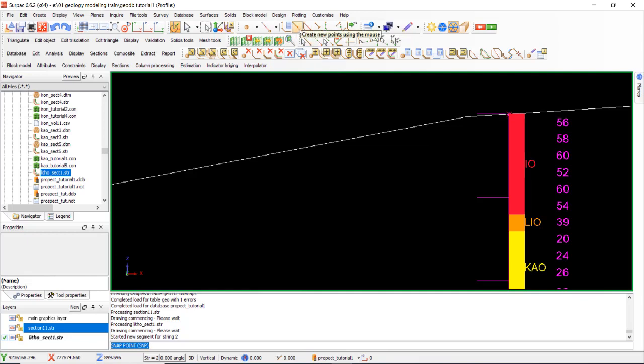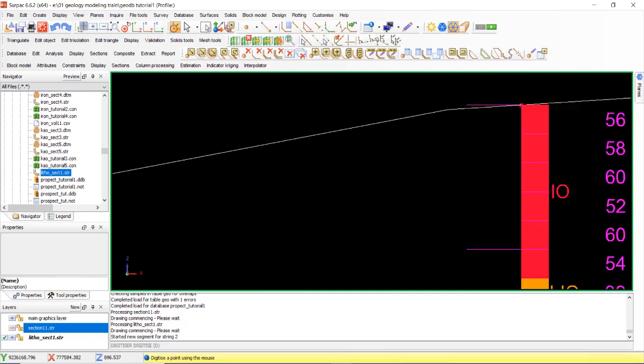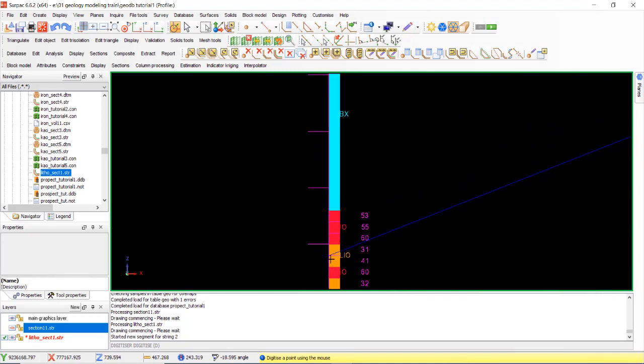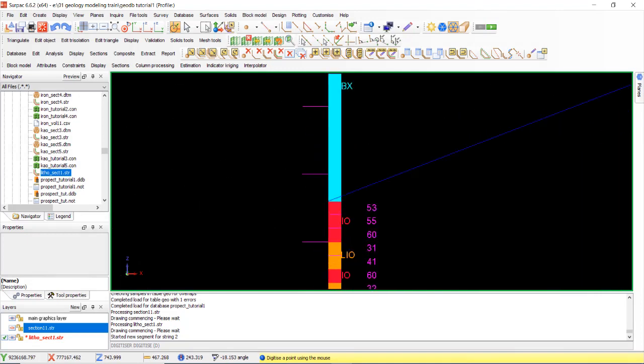Okay, start the correlation point. Select the bottom. We must check the angle. The angle is here. Select the check.